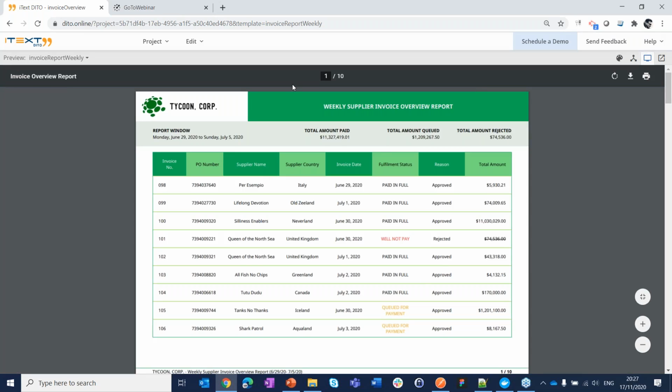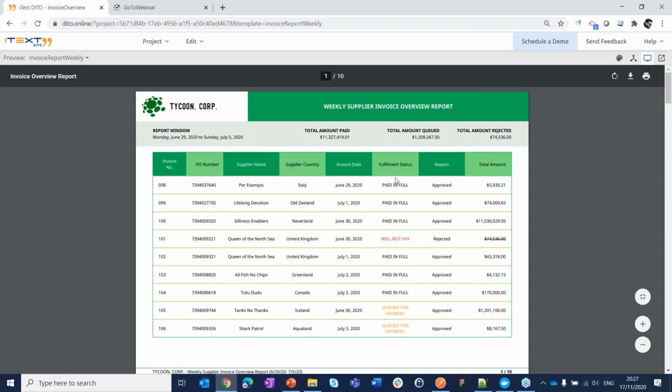Okay, so this is a preview. You can run a preview at any time to see what your document would look like if you merge the data in there. And if we look at what we have over here, it starts off with an overview of different invoices that we have, and based on the fulfillment status of those invoices, we will color code